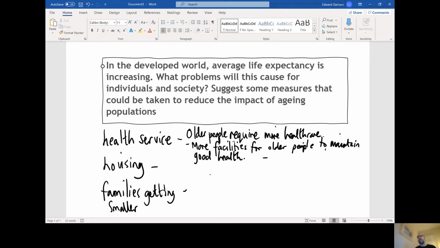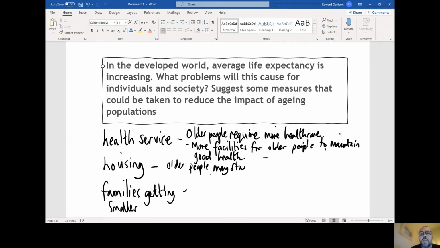So the government can spend money building special exercise facilities, special places where elderly people can meet to manage their own mental health issues as well. If elderly people can stay healthy for longer, then it costs less to take care of them for longer in our hospitals. I'm going to talk about housing, and I'm going to suggest that older people